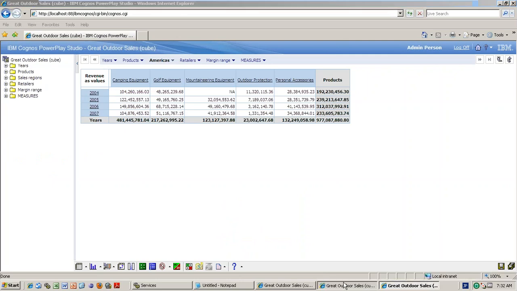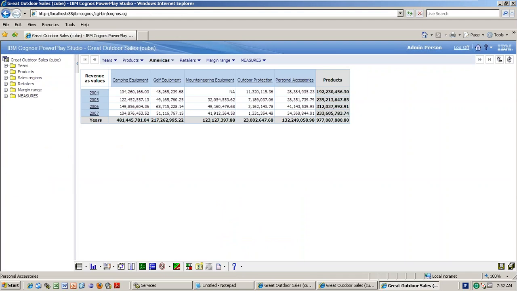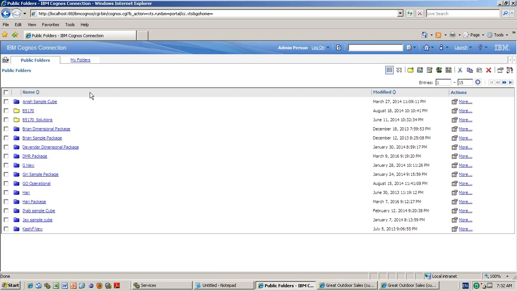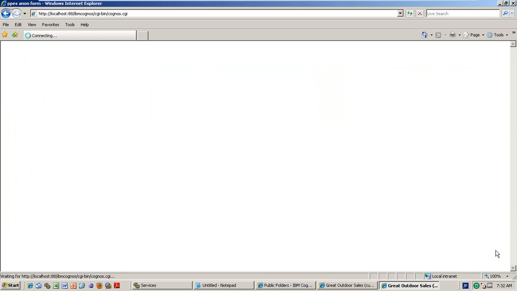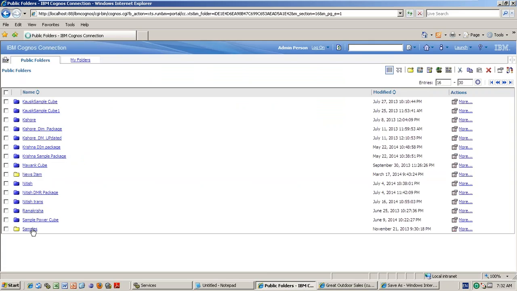If you go and check where it is saved, in the public folders, in the samples, right, where I said save as, this one, public folder, samples, cubes, samples, in this folder I have saved.